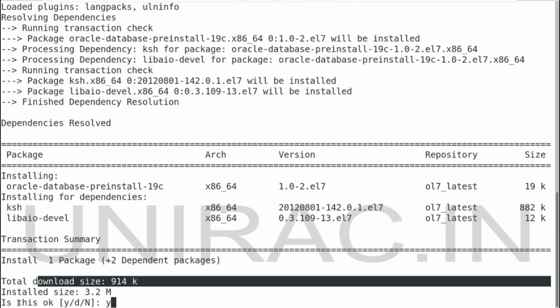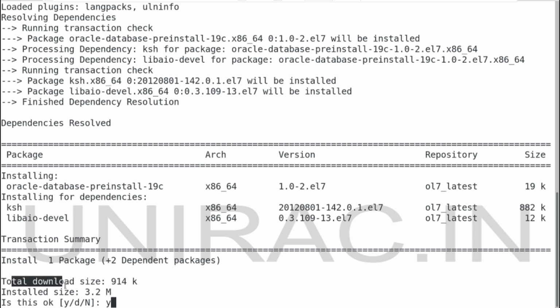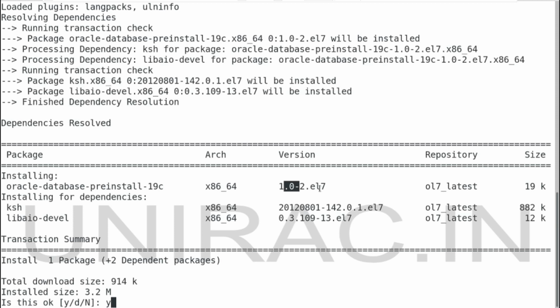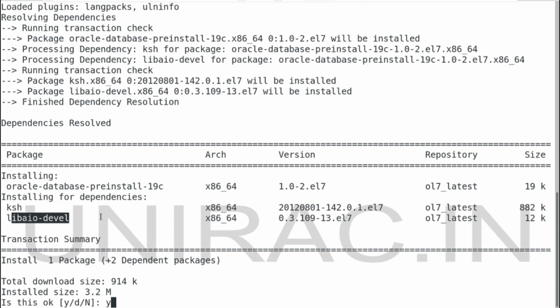It's asking for yes or no. Enter yes. The download size is 914 KB, and you are going to install the EL7 version, from the repository named ol7_latest, with the dependencies ksh and libaio-devel. So let's enter y to start.